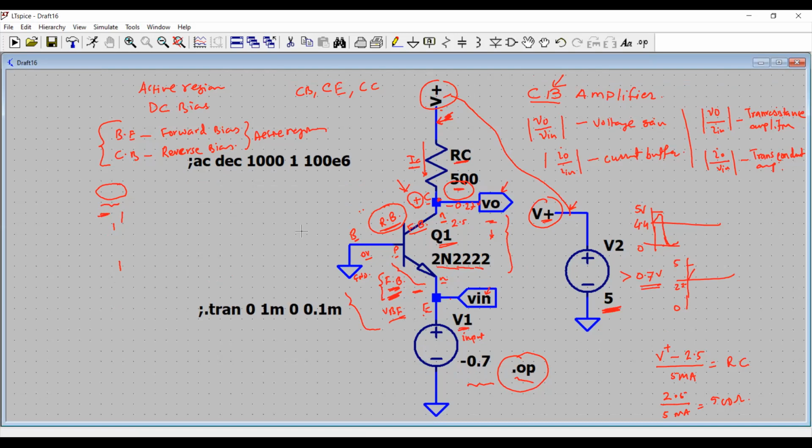Now, before going forward and performing some other analysis such as time domain and frequency response with the AC analysis, let me take you to a little bit of theory that we covered in our previous module. Okay, so